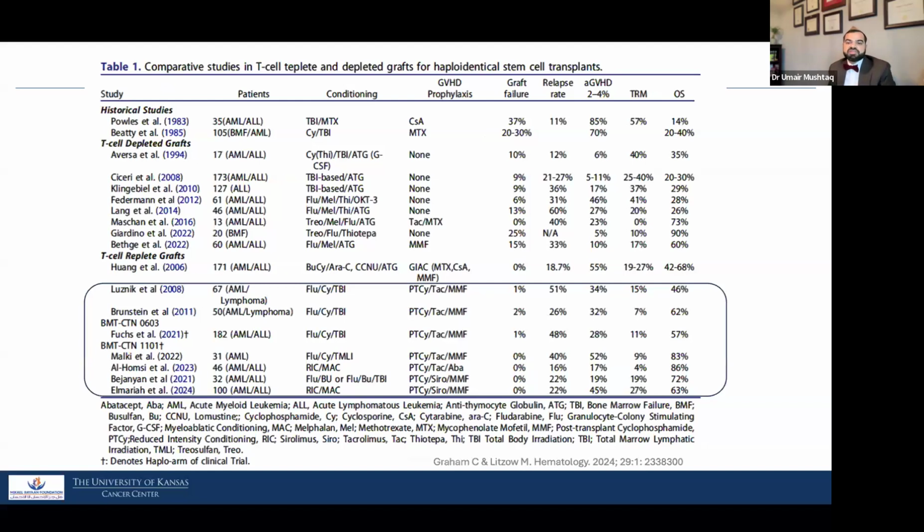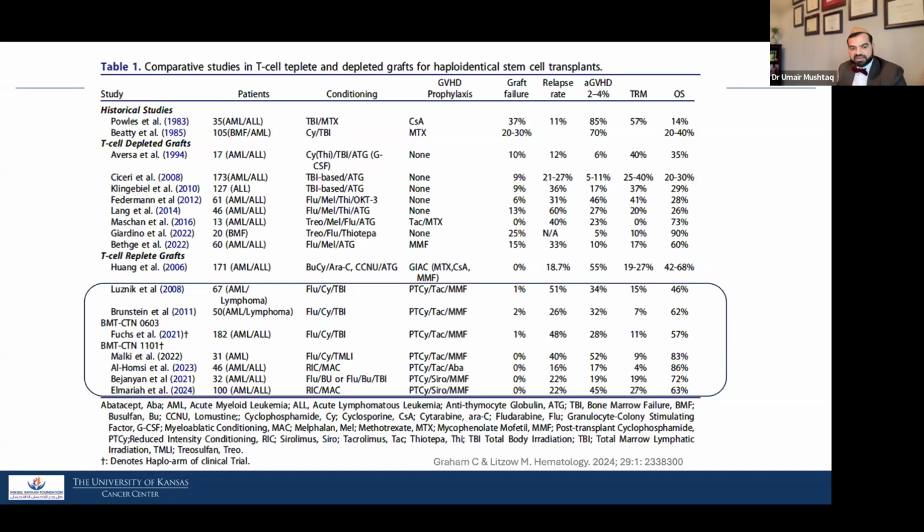I am not going to go into details in the interest of time for all these studies, but I'm just going to focus on the post-transplant cytoxin-based studies that have been recently done. The modern studies show survival in the 80% range, and GVHD rates are very low, in the 20% range. Relapse remains a big challenge, though the rates are lower in recent studies. In the AML, MDS population, in the 2000s, 10 years ago, the relapse rates were around 40 to 50%. It's probably around 30% now.